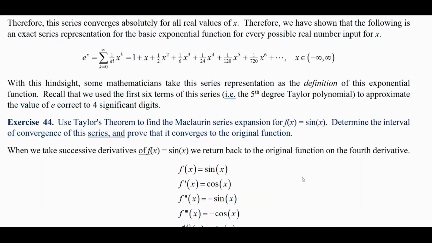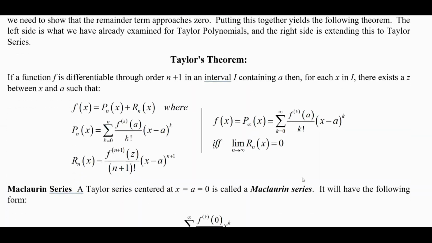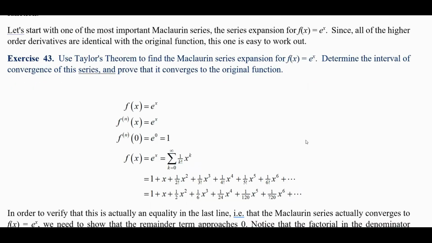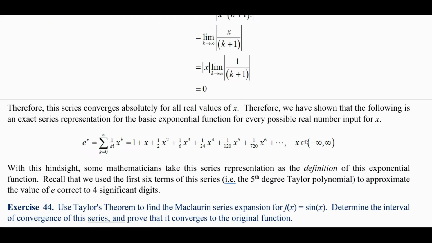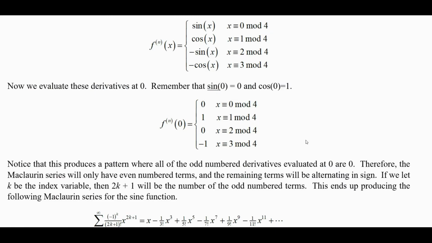Remember, Taylor's theorem says back here that we can take the kth derivative at a, divide it by k factorial times x minus a to the k, sum that from k equals 0 to infinity, and we get a Taylor series. If it's a Maclaurin series, that just means it's centered at 0. So this would just become x to the k, and this will become specifically the derivatives evaluated at 0. So work that out directly like we did this one for sine of x in the last video,